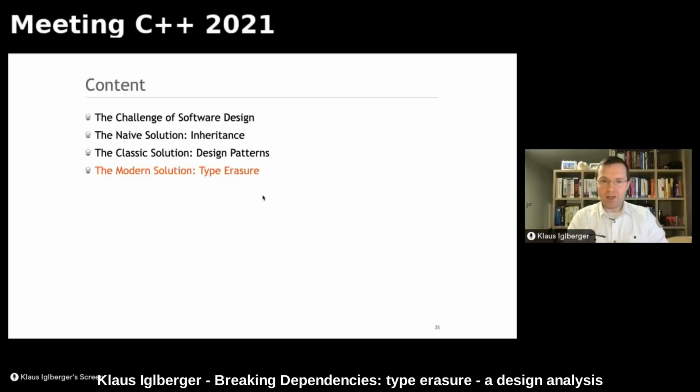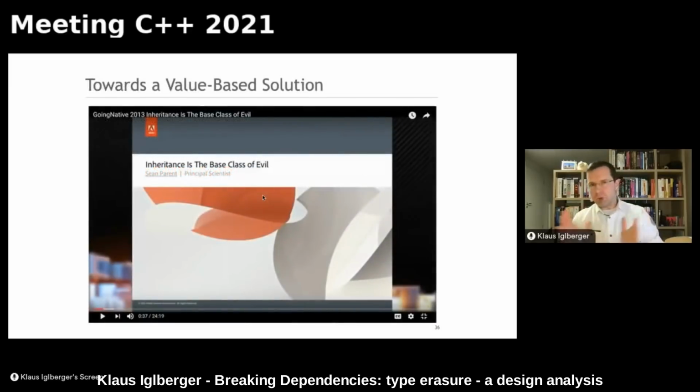So let's rethink that. One of the first talks you might have seen or heard about type erasure is this one. "Inheritance Is the Base Class of Evil," a classic. It's just approximately 20 minutes long, but this is a talk where in a very, very quick way, Sean Parent actually shows how type erasure can work. Because that is one of the first talks, a lot of people believe that this is where type erasure was